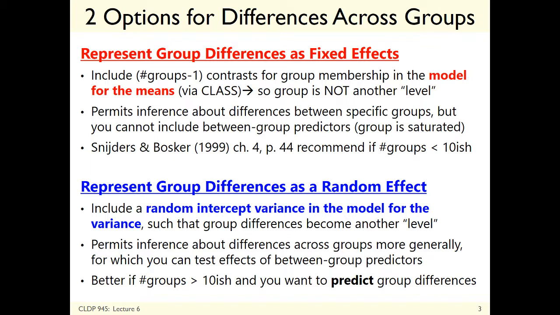If you don't have at least 10 units, good luck trying to figure out why. You can try. It's not going to go well. So this is if people think about people nested in treatment groups, like the example that we had in homework 3, treatment versus control, that's not a 3-level model. That's not this. Because we only had one control group and one treatment group, and once we put in who is in which group, that's all the variation due to group there can be.